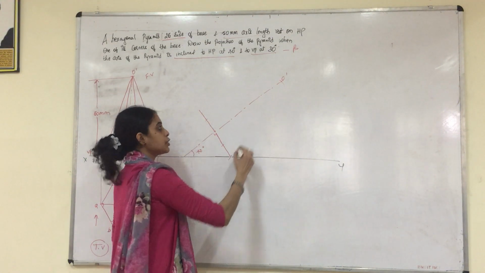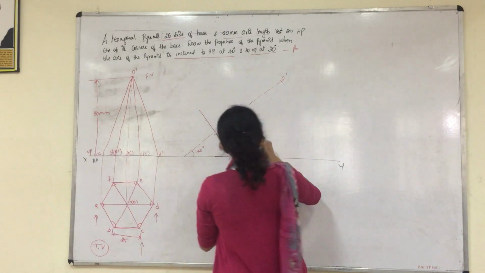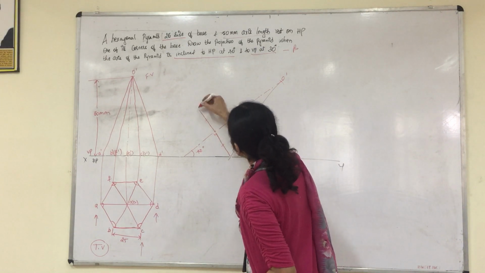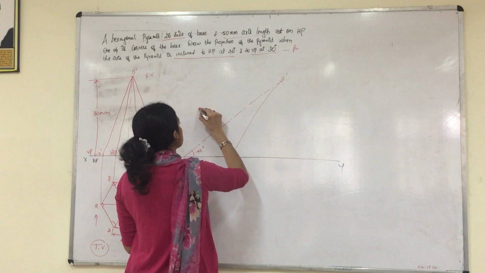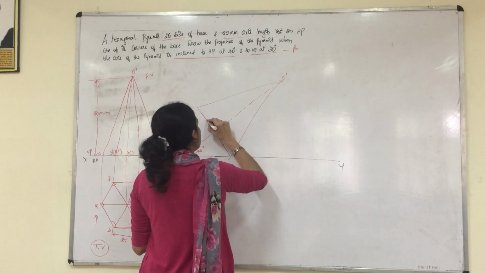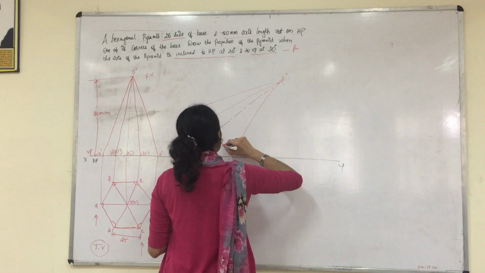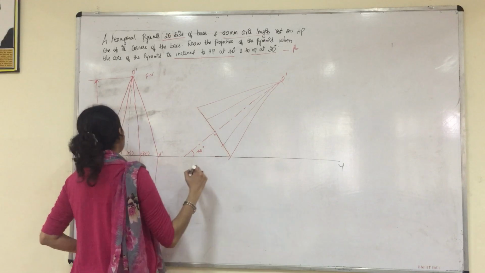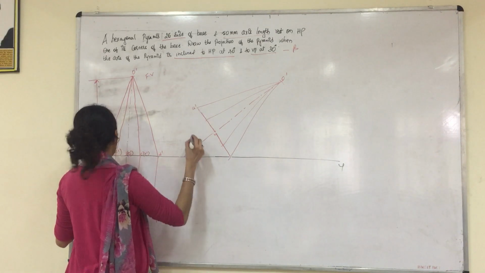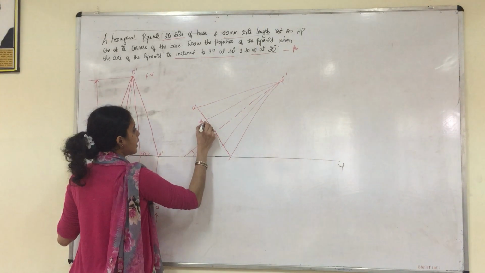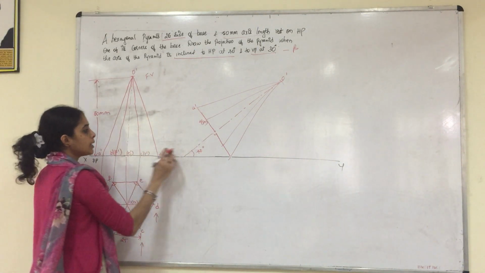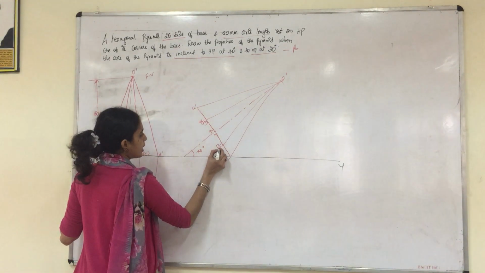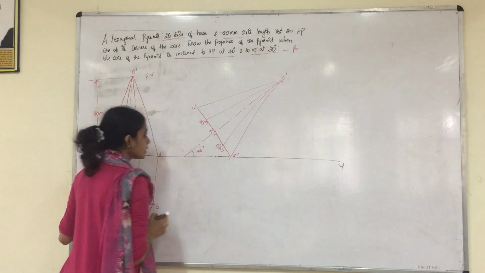Right? After that we will join the corners. Join from the corner of the edge to here. From each point you will connect to our apex. After that, start giving the naming. So this will be A dash, this will be B dash and F dash. Same thing as you named over here. So this is O1 dash, this is C1 dash and E1 dash, and this is D dash.